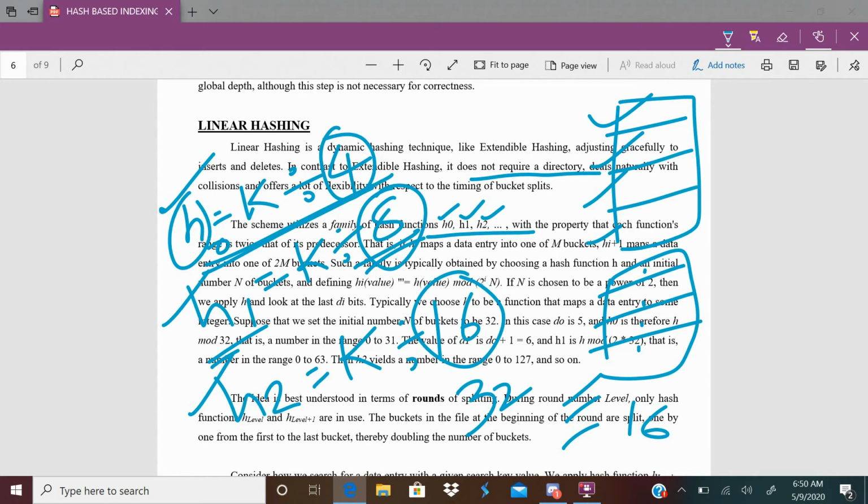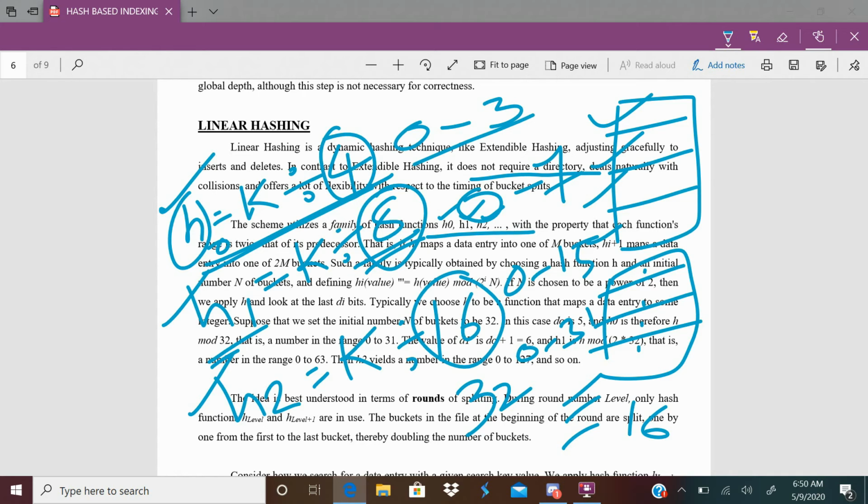Here k mod 4 says that the number of data buckets ranges from 0 to 3. K mod 8 says the data buckets are from 0 to 7, 16 means 0 to 15, 32 means 0 to 31. And here you should observe a point.